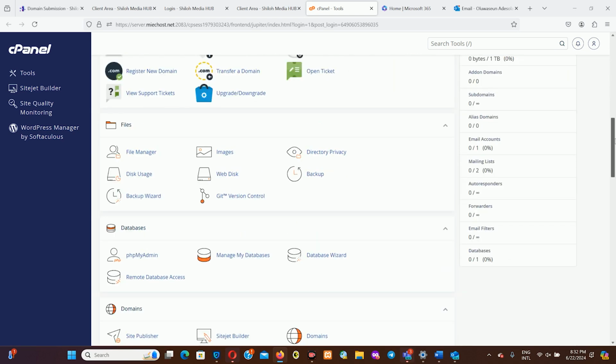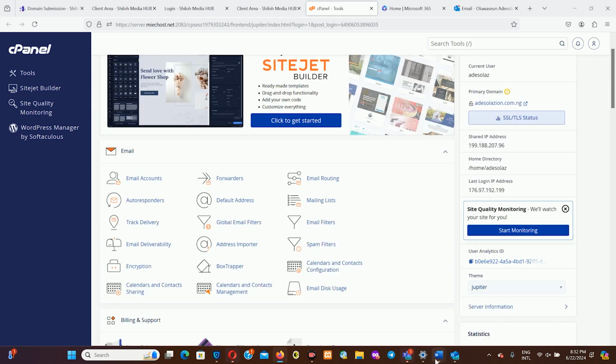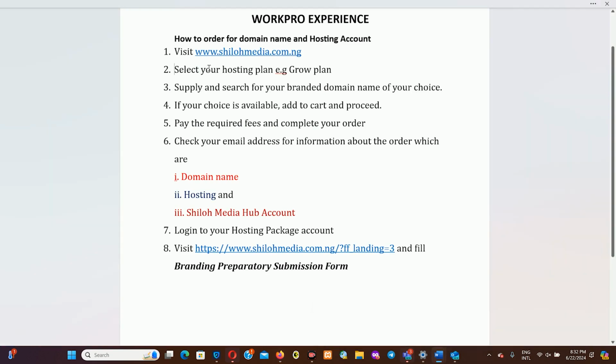So as a recap, let's go back. We have looked at how to order a domain name and our hosting account. We visited shilohmedia.com.ng. I selected Grow Plan. Of course, there are other plans you can select there. I supplied and searched for my branded domain name. And of course, when it was available, I added to cart and I paid. Then I checked my email for information. I was able to see all of that information. Then I logged into my hosting account. And of course, the last thing now is that I will visit this link,